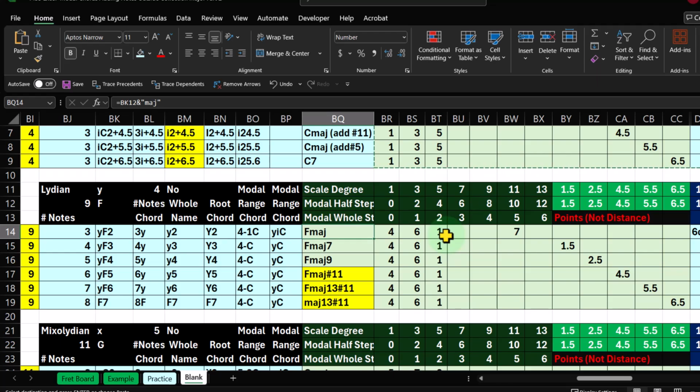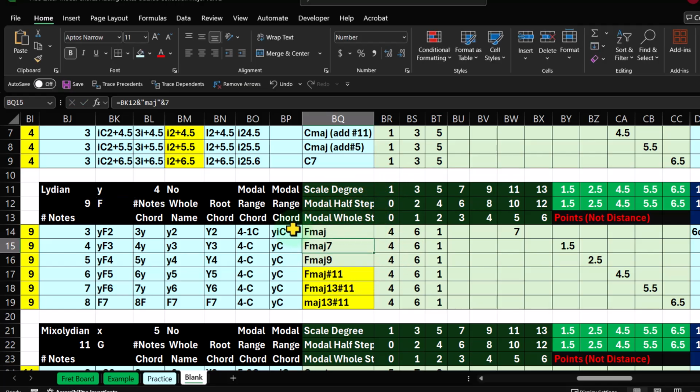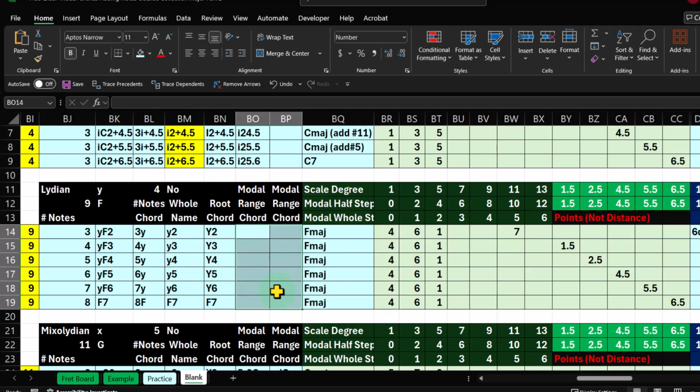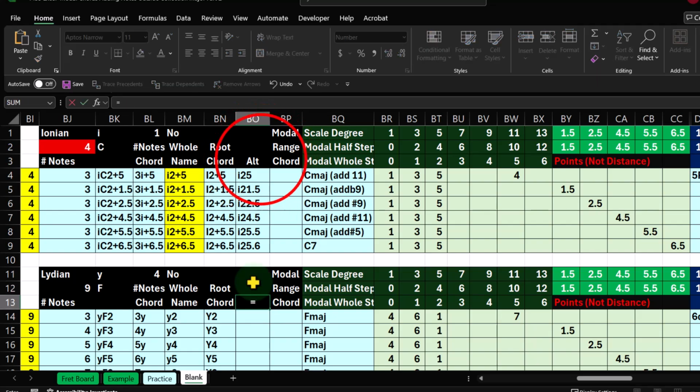For a 3-note chord, it would be an F major. Again, the F major doesn't tell me if it's a major chord or a Mixolydian, or which node we're playing off of. So I'm going to copy this convention and then paste it here. So we're going to start with a baseline of a triad chord. I'm going to make all of this blue to start off with, and I'm going to delete the modal ranges for right now, and I'm just going to call this an alternative chord name